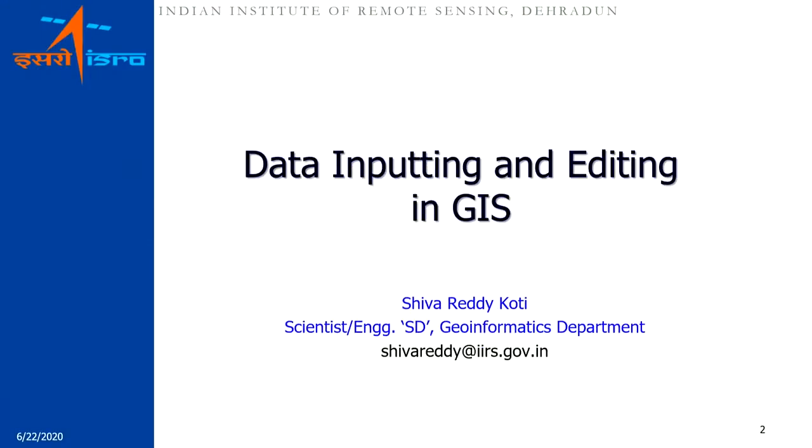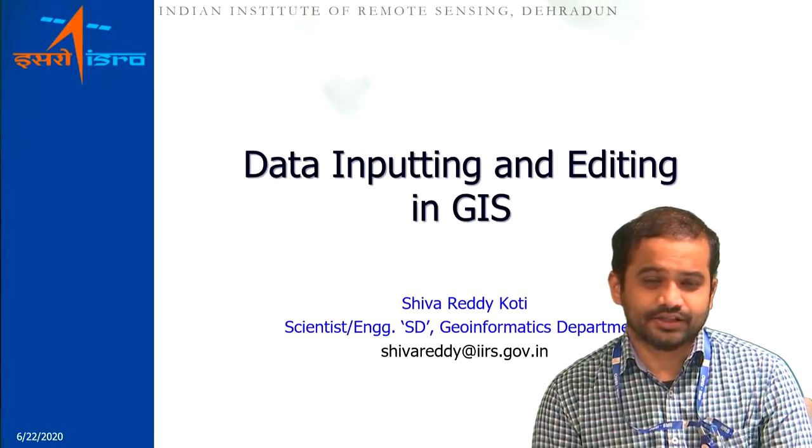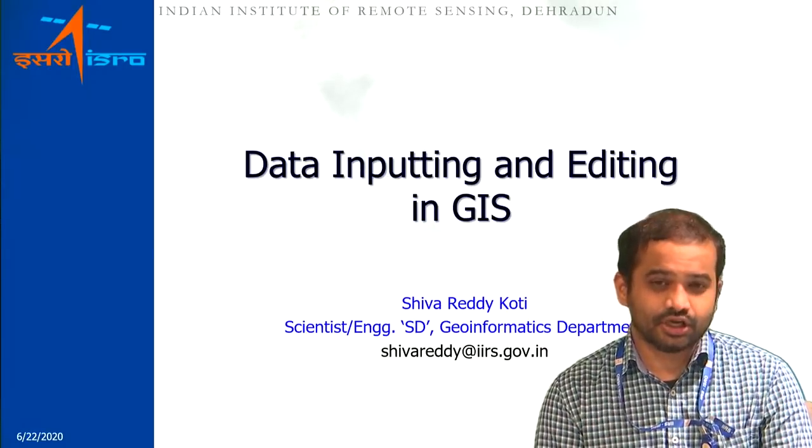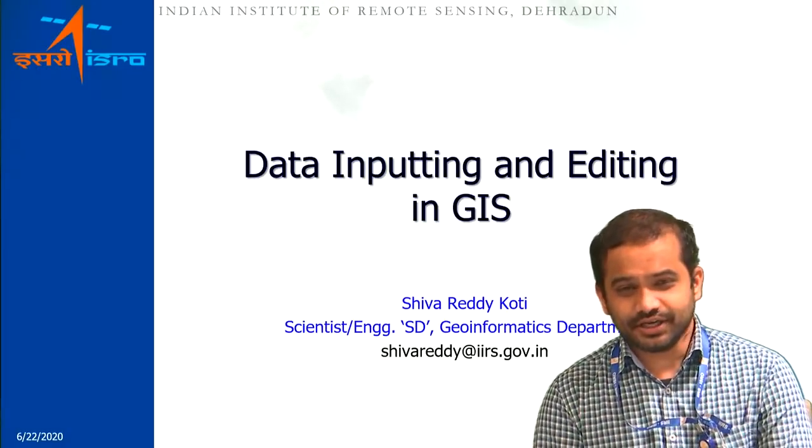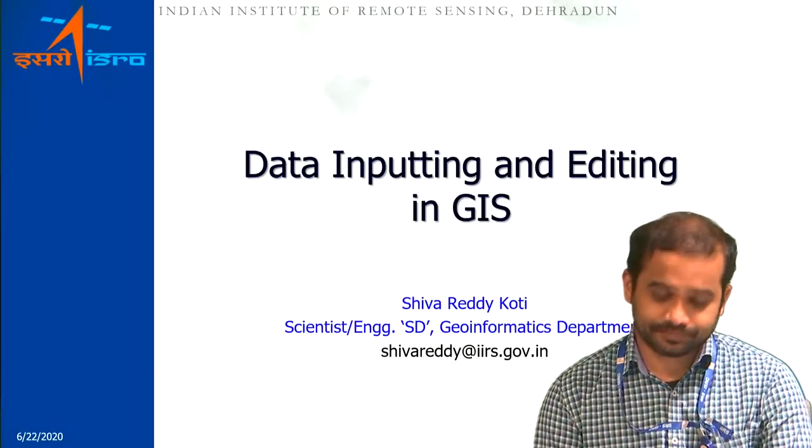So in this lecture, we are going to learn about the different kinds of sources from where you get GIS data. Geographical information system, as we know, is a digital system, so data must be in digital format, and that too complying with the GIS data models that you might have already learned in the previous classes, right? So we have data, and then we have to make it GIS ready so that we can use it in GIS.